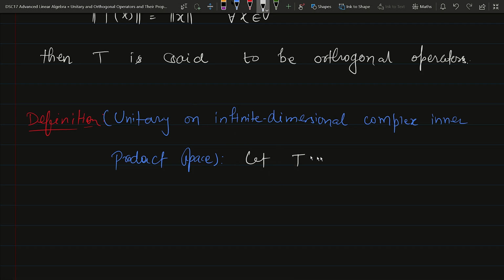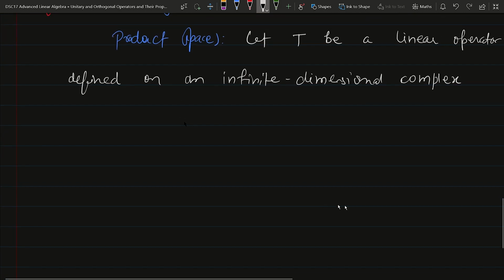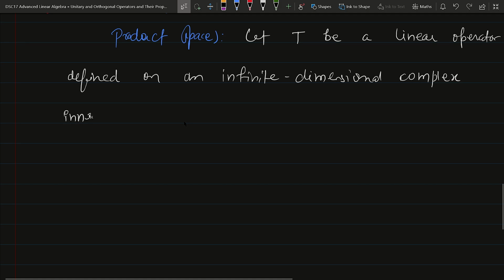let T be a linear operator defined on an infinite dimensional complex inner product space V. Okay,